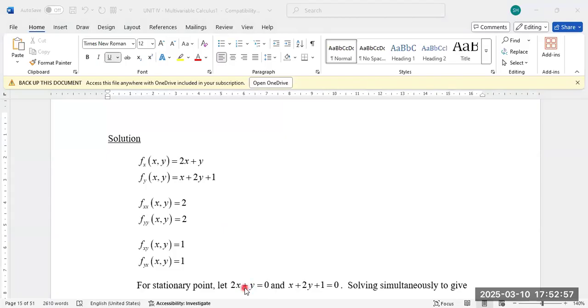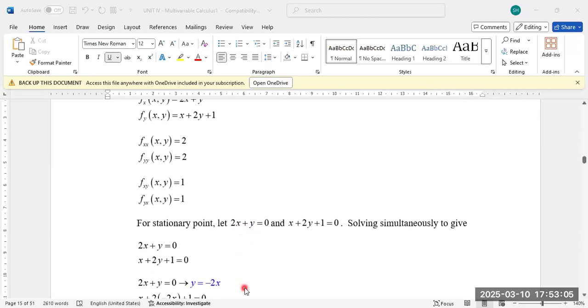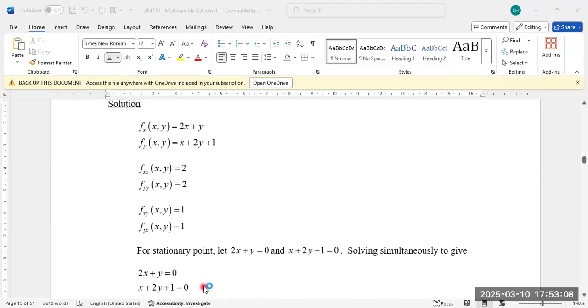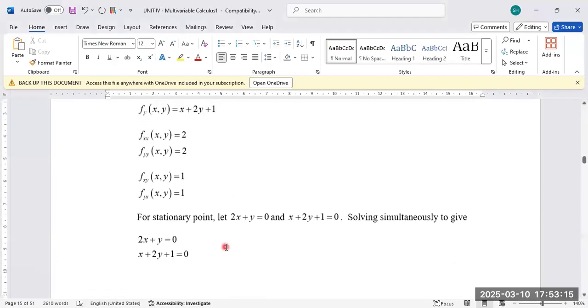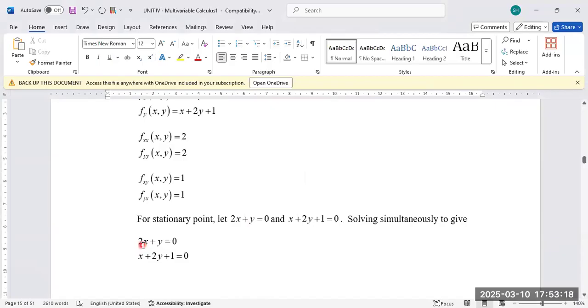Now I have two equations in two unknowns. I'm going to solve simultaneously. Two equations, two unknowns, I'm going to solve simultaneously. Now, my simultaneous solution is going to be setting up my equations this way, one atop the other. But normally what we do is to keep the two variables on one side and the constant on the other side. So